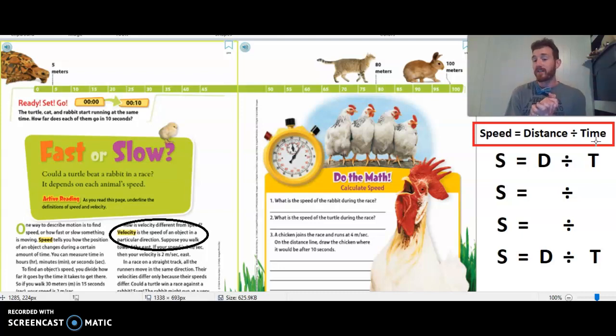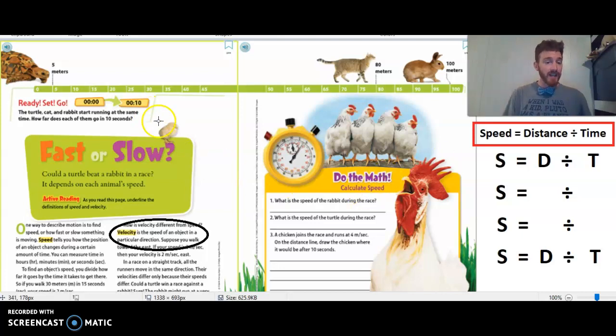So we might have different types of distances. We might talk about inches or feet or meters or miles. We might have different amounts of time as well, like minutes, seconds, hours, whatever it might be. But we can talk about all those. Another common one is feet per second. Now, we usually wouldn't describe a car in that way, but we talk about the speed of maybe throwing a baseball. Well, I guess baseball is kind of miles per hour too, isn't it? But if we talk about how fast smaller objects travel, we could talk about how many feet per